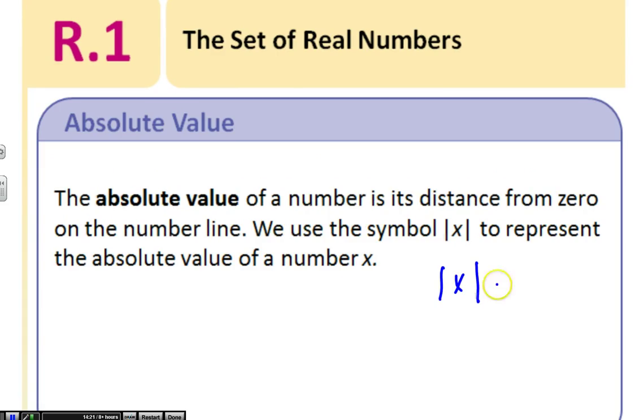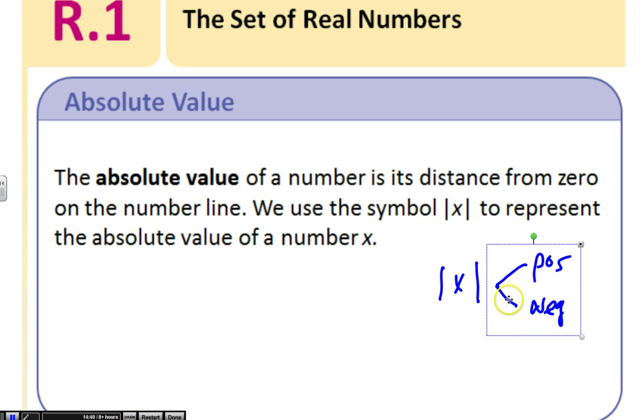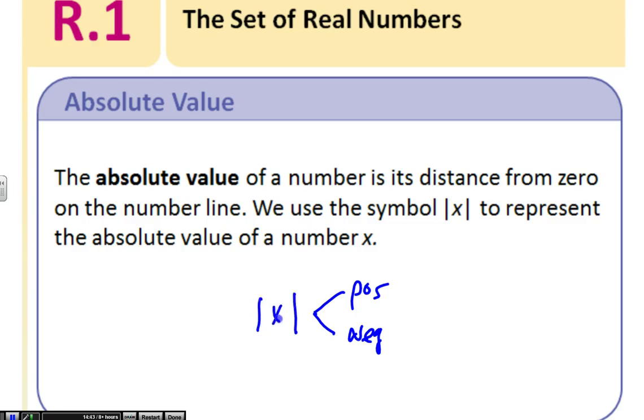By the way, the definition of the absolute value of x is a little bit confusing. The absolute value of x could be positive or it could be negative, and that bothers some students because they're thinking, no, when I take the absolute value, it's always a positive number. But if I look at this definition a little bit more closely, I could say, well, that's true for those values of x that are greater than 0, but this other part is true for those values of x that are less than 0. For example, if I have the absolute value of -5, that is equal to negative